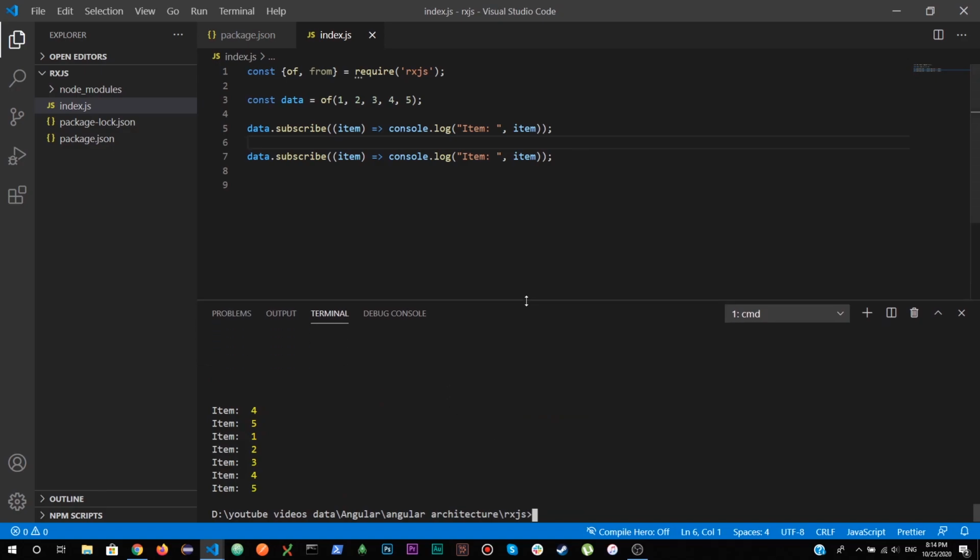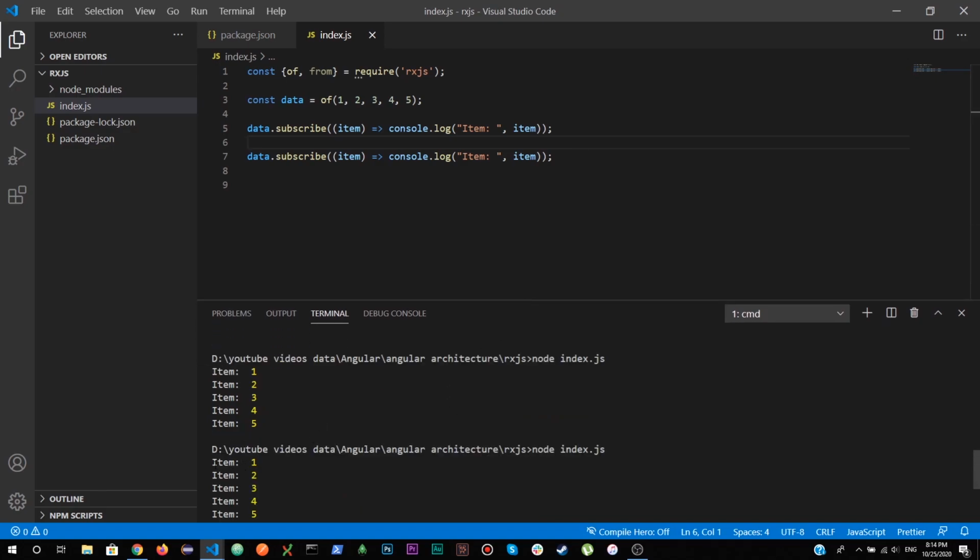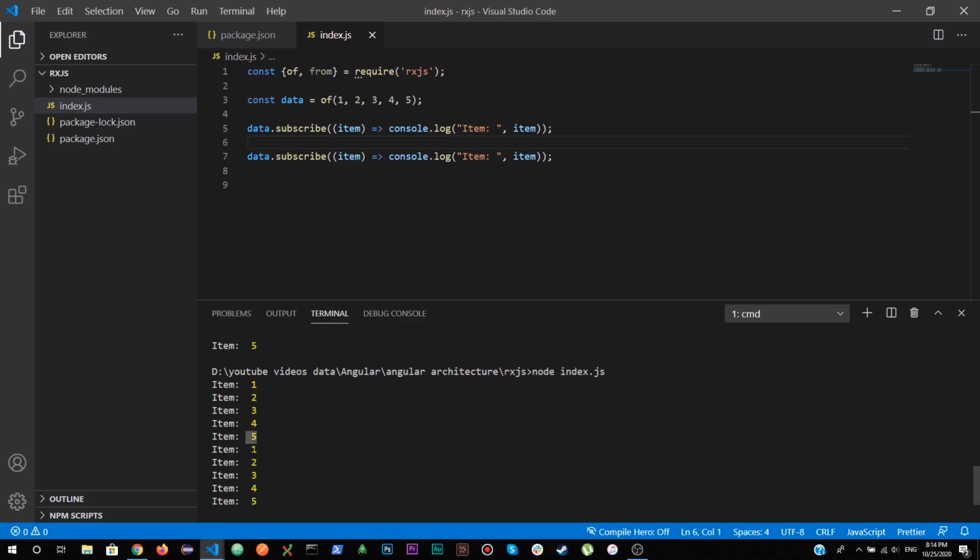So now you can see it has created item 1 and item 2, item 3, item 4 and 5, and now again 1 2 3 4 5. So it is dispatching the subscription that here is the data that has come and these are the two subscribers. So it needs to dispatch the notification to these subscribers, and both subscribers are going to perform whatever operation we have implemented with, right?